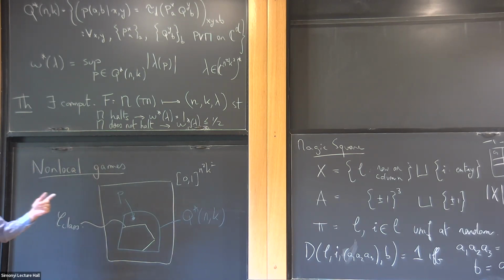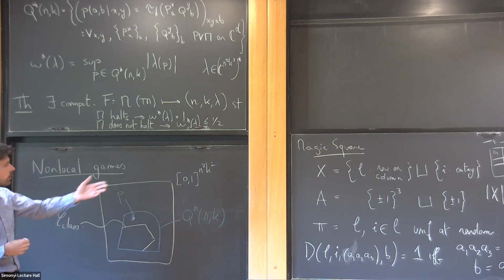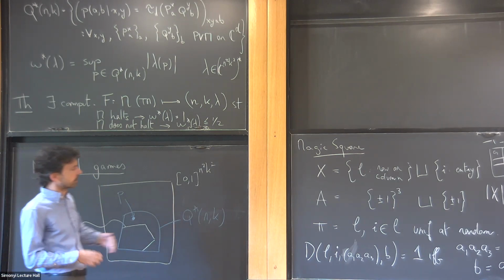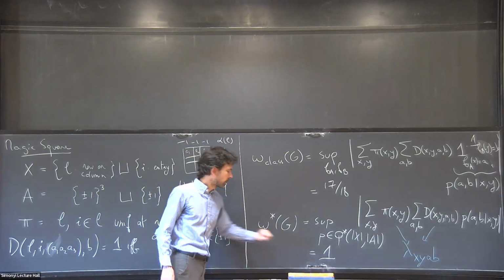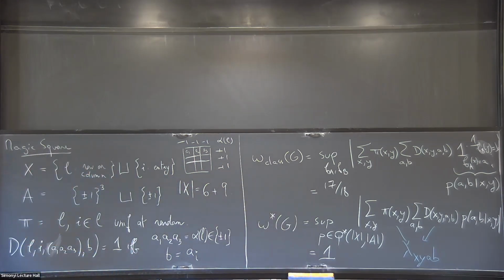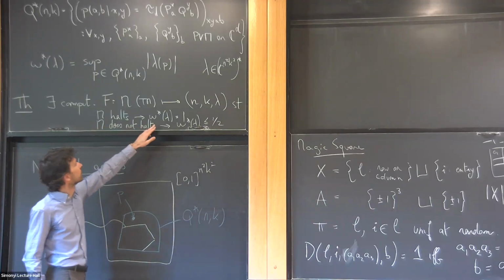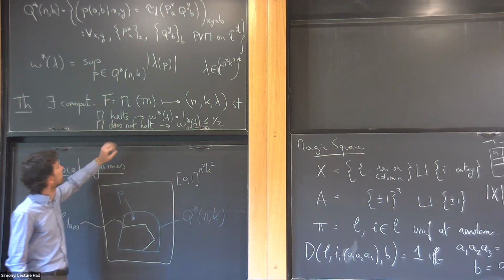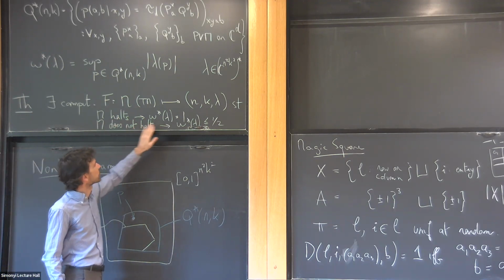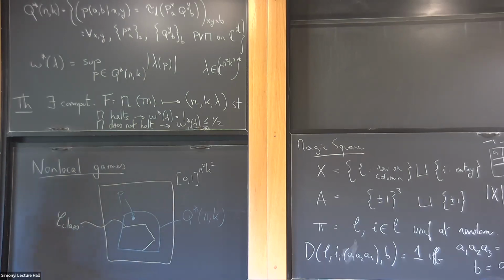The way we think about these non-local games is that we think of them as proof systems. So given a game, the fact that it satisfies this equals 1 is equated with the validity of a certain computational statement. In this case, it's equated with the statement that the Turing machine halts. And if the Turing machine halts, this value is 1. If it doesn't halt, the value is less than 1.